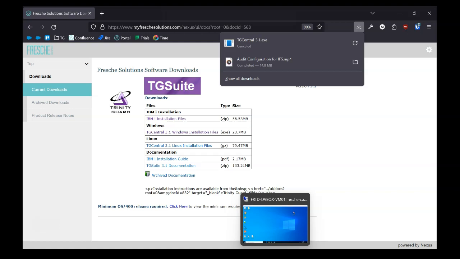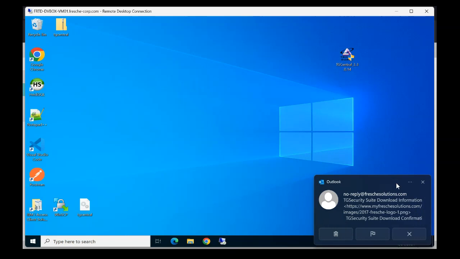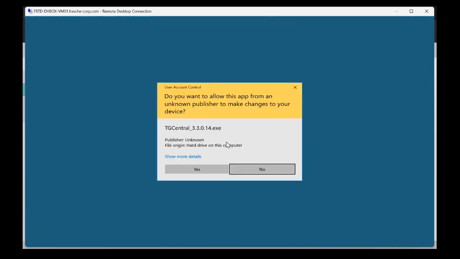So we have a remote desktop set up here. And here is my executable that I pulled off the portal there. Now you can see an email has come through with some download information once you go ahead and download the tool. So I'm just going to double click this. We're going to run this